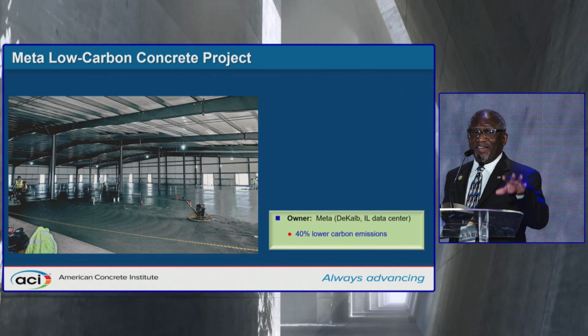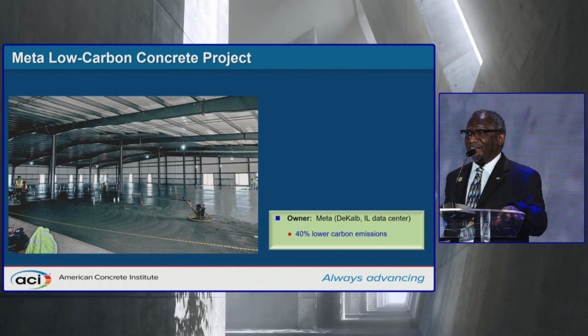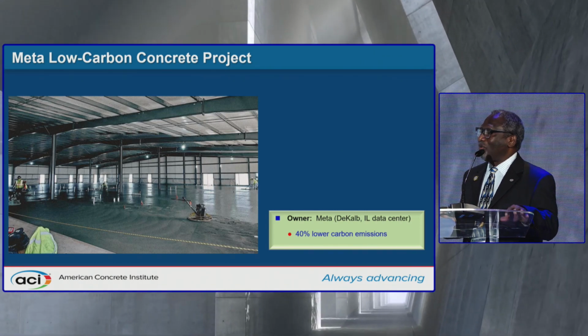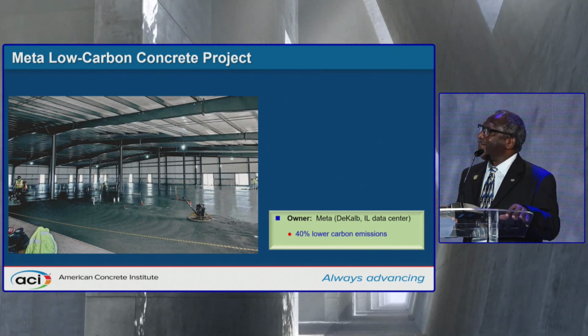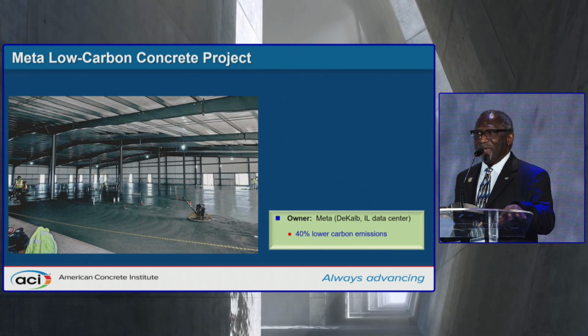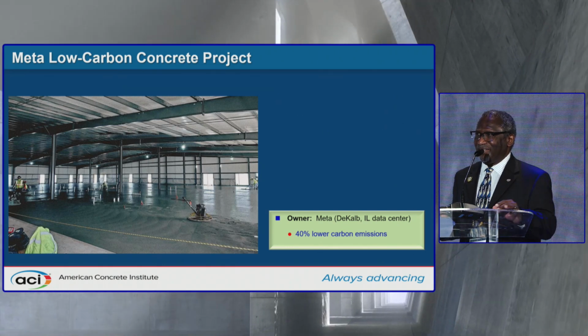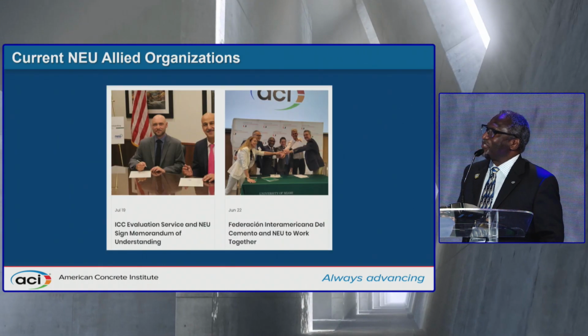Essentially, Meta wants to walk the talk. I mean, they're putting their money along with what they really believe in. And currently, if you go to Meta with a new technology, they're going to ask you to go to NEW for validation and testing. Now, we've also signed